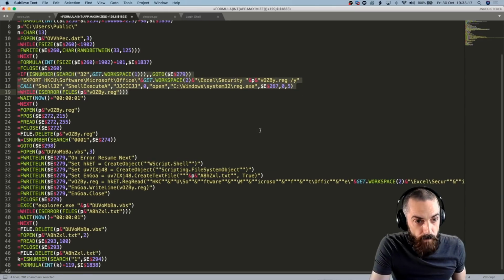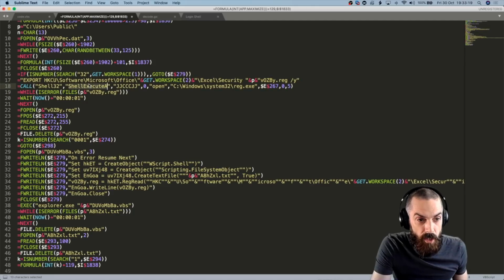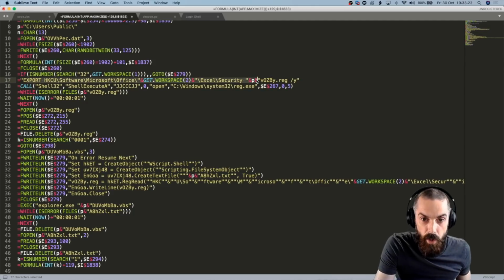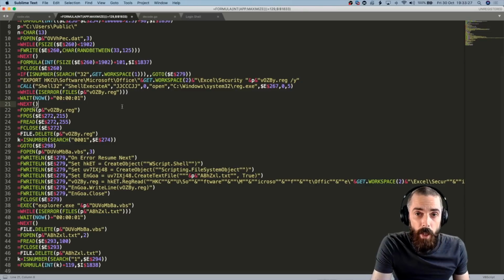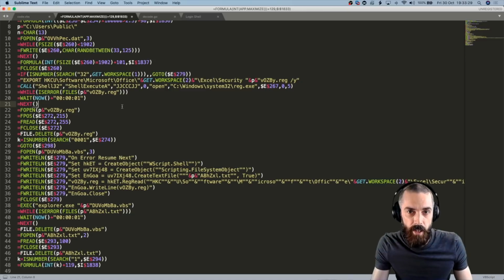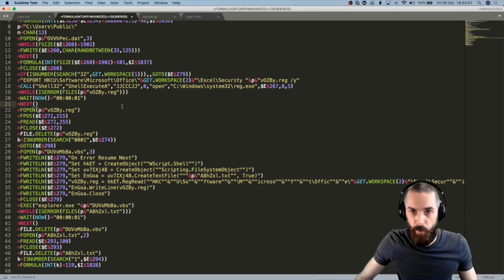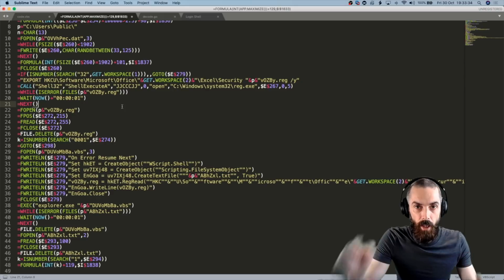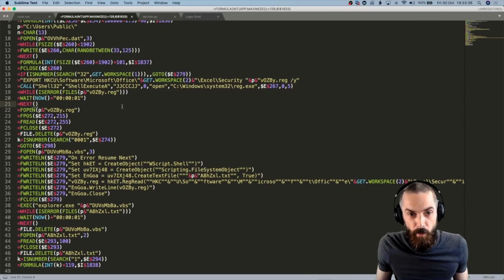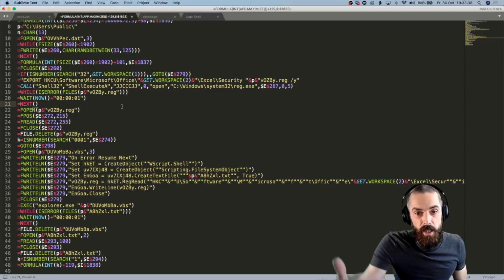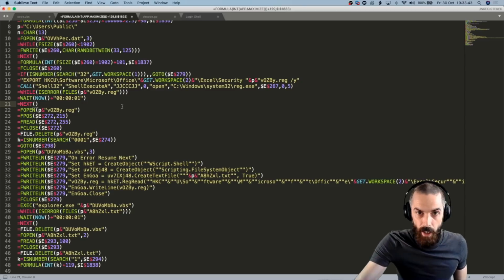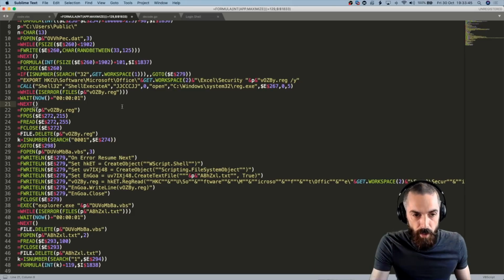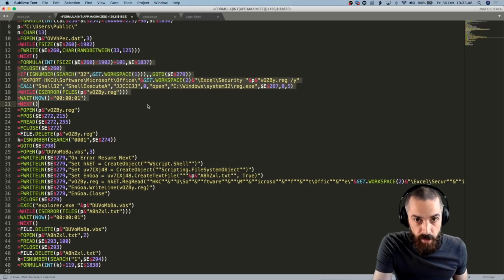Then we can see here's a call to shell 32, shell execute. It's going to export the contents of that Excel security registry location. The reason it's doing that is it's looking to see whether there is that risky setting where macros are already enabled and no one needs to click on it. If you have that risky setting enabled in your environment, you definitely shouldn't. But that will set this particular flag in the registry. And again, this is something a sandbox will do. A sandbox isn't going to enable macros and click the button, it's just going to auto fire the macros. So if it can detect the presence of that registry key, then it thinks it's in a sandbox